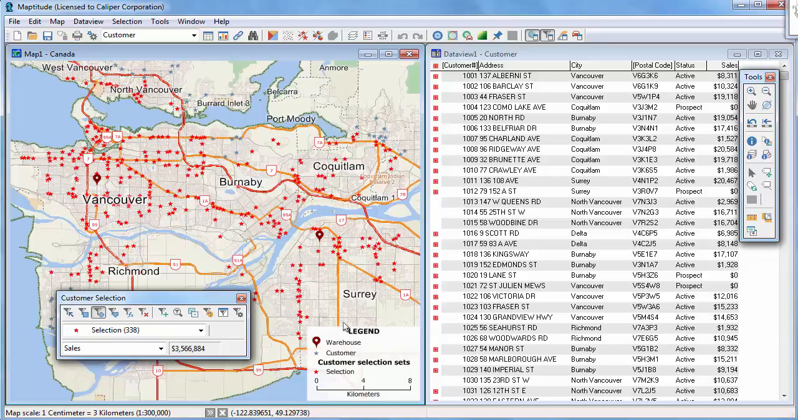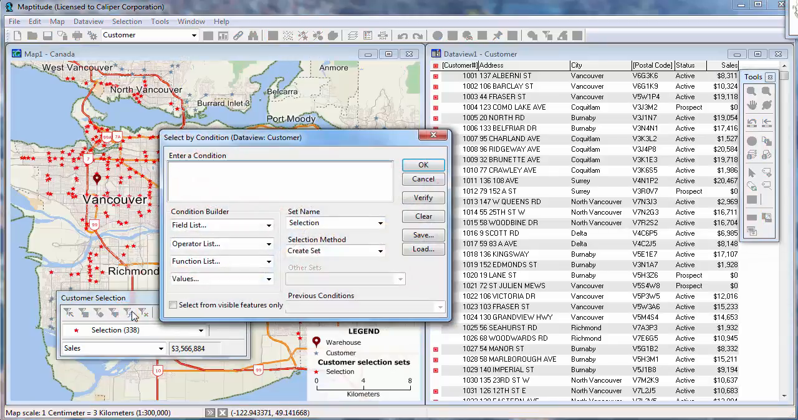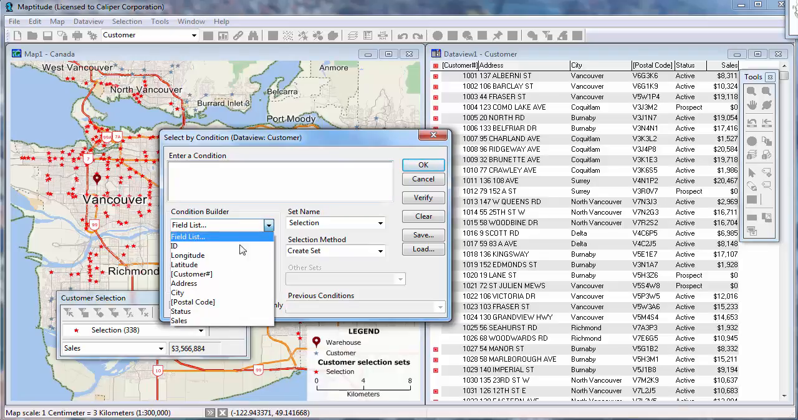You can also select features whose values meet a condition. For example, you could select all the customers whose status is active or with sales greater than $10,000. Choose Selection, Select by Condition, or click this button on the selection toolbar. Type a condition or use the condition builder. For example, I'll use the condition builder and choose Status equals